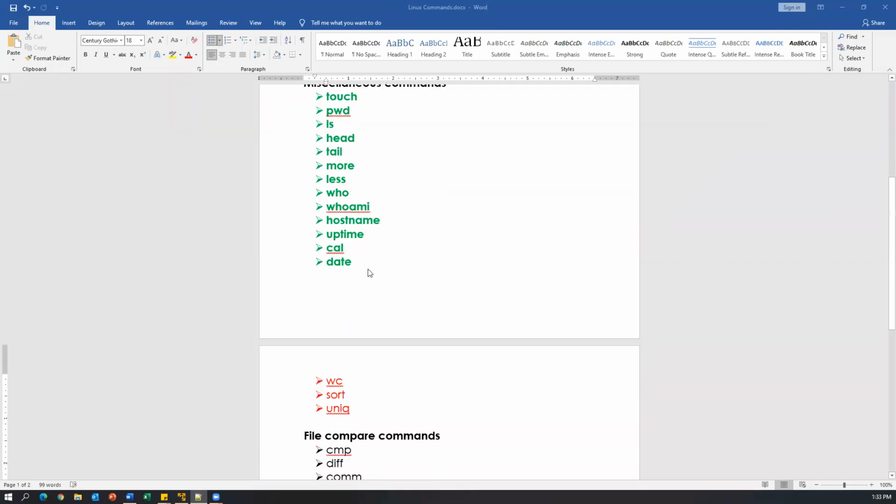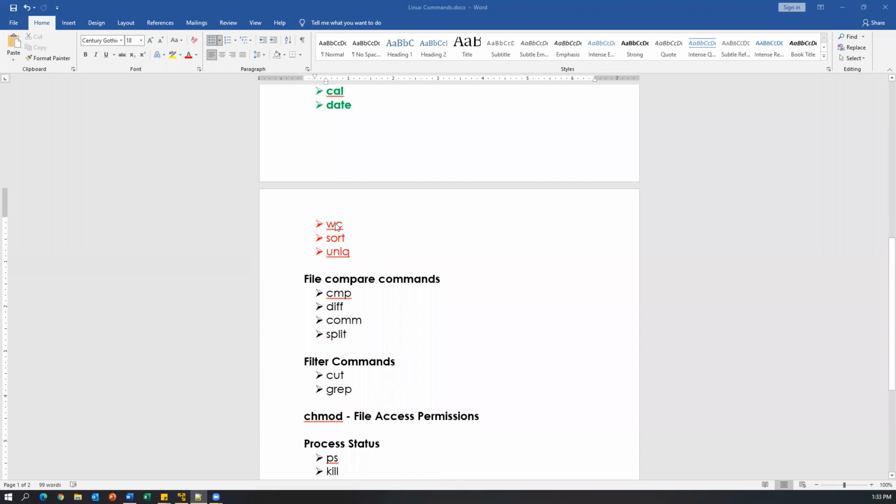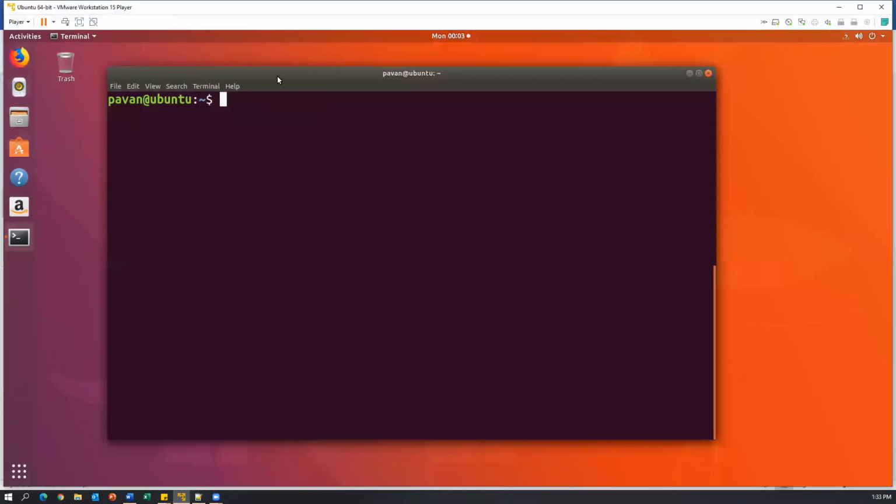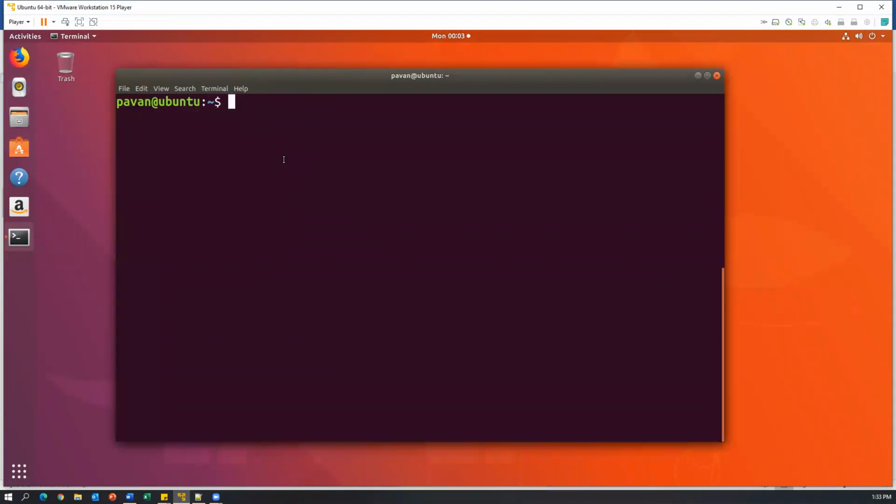In today's video, we are going to see how we can use the wc, sort and uniq commands. Now let us start with the wc command. Let me connect to my Ubuntu VM and this is my terminal. And what is the use of the wc command? Suppose I want to count the total number of lines or words or characters in a file, you can use